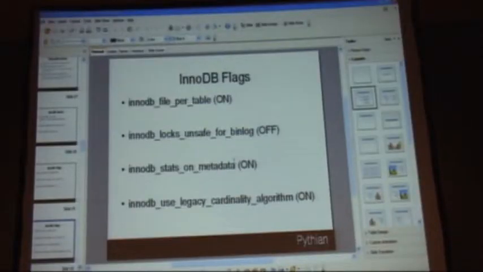Last time we were talking about these flags, and I said I would look up InnoDB locks unsafe for binlog. And it's complicated, which is why I did not actually put it in my own notes, because it's complex. I should have put in my notes: see website, see manual. And basically what it does is